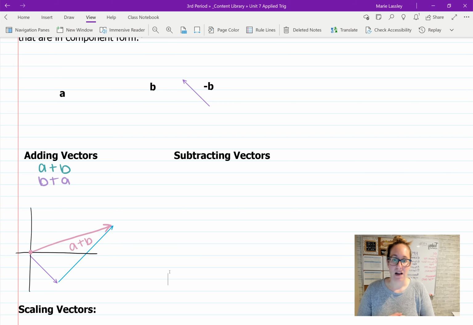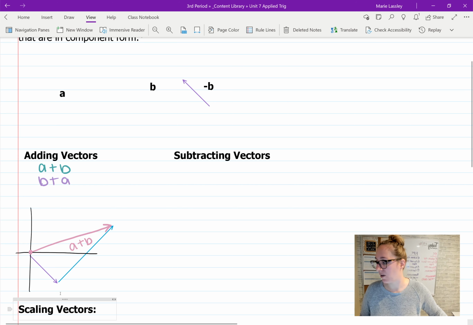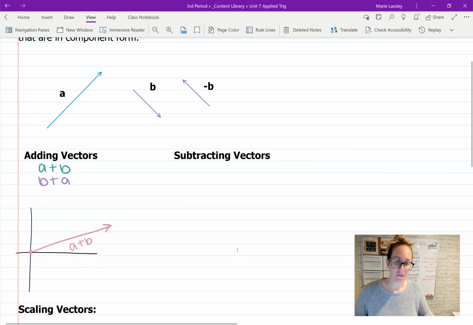Okay. Now, subtracting vectors. Technically, we don't have subtraction. We have adding the negative vector. So I'm going to go ahead and put A and B kind of back. So here's B, here's A, right? Okay. So subtracting, before we get to subtracting, I didn't even give you guys like the